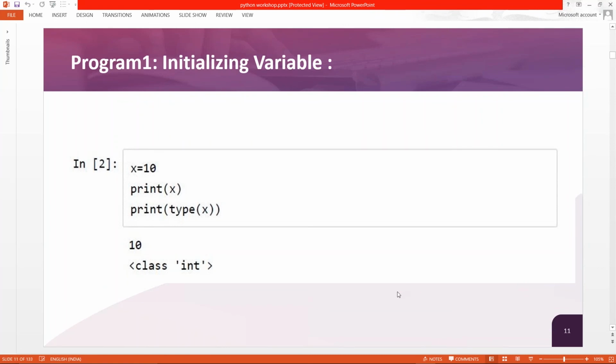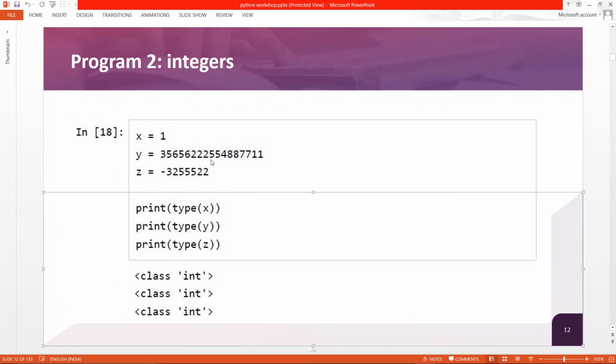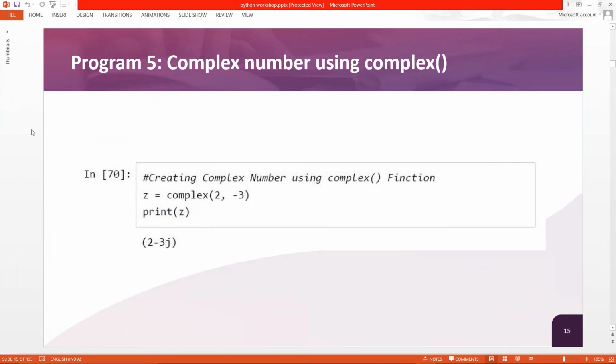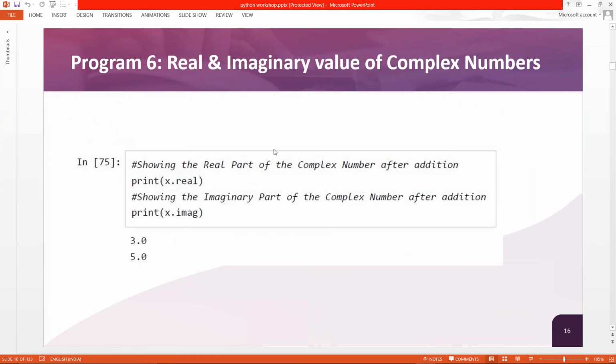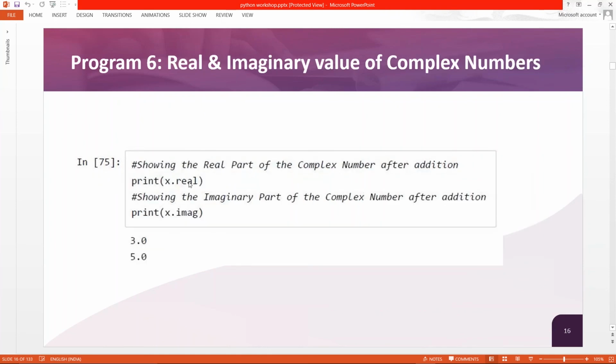Okay, right. So see, guys, similarly you have the minus sign and everything typecasted. These are the types, not the typecasting part. So I have explained the types. We'll move forward with this. Complex numbers: real and imaginary part. How to find the real part? If you have a complex number in a variable x, then we can write x.real for finding the real part, and x.imag for finding the imaginary part. So this is the matter.